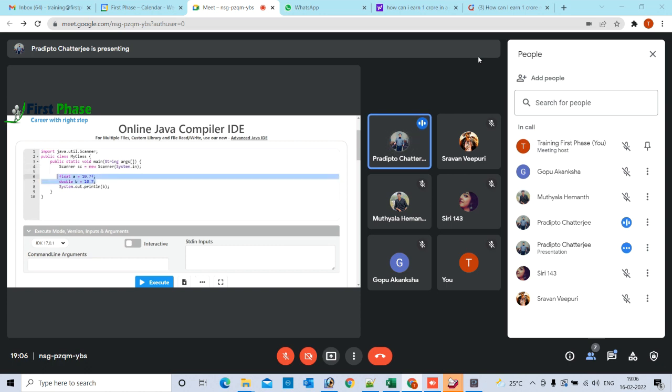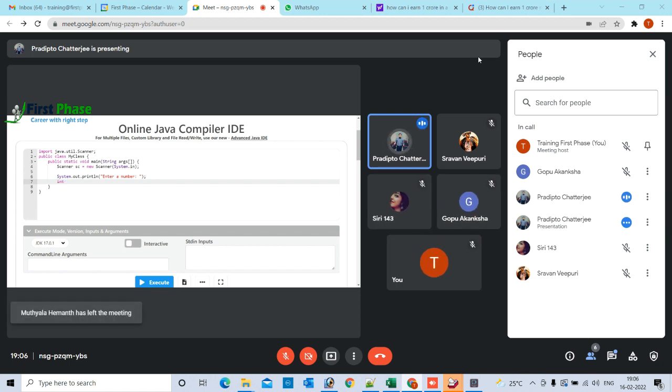Now I am just printing a simple message: Enter a number. I'm telling the compiler to print something on the console that says enter a number. And whenever a number is entered, I have to store the number inside a variable. So how can we do that? I'm using an integer data type. The name of the variable is num equals sc dot